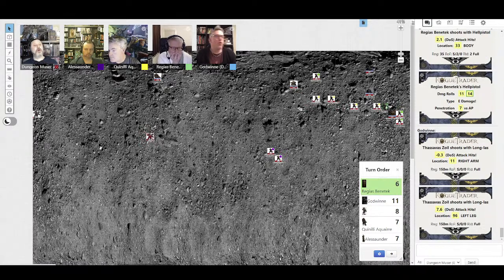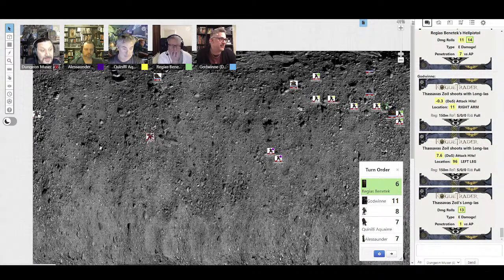There you... Whoa! Wow. 7.6. Okay. Ooh. Would you go ahead and roll damage? Holy shit. Oh, and Righteous Fury. And his Righteous Fury, it looks like he's rolling against a